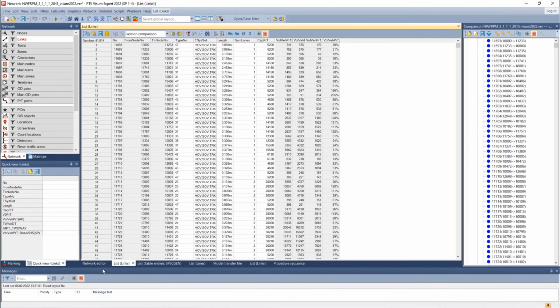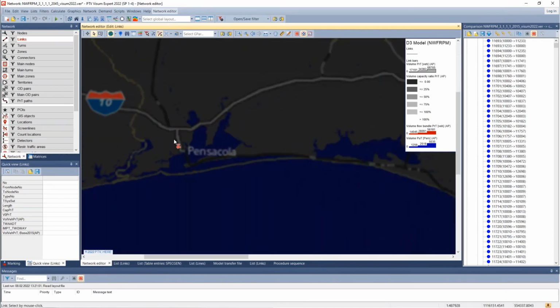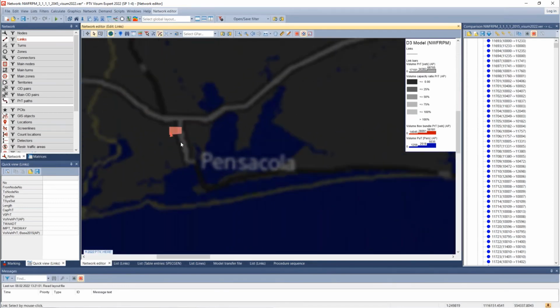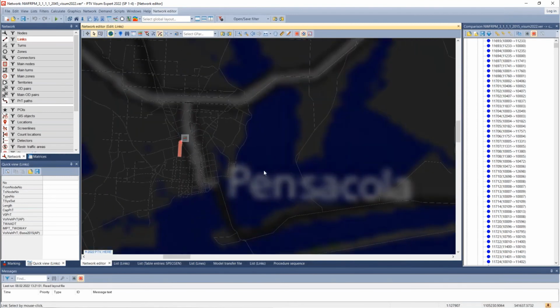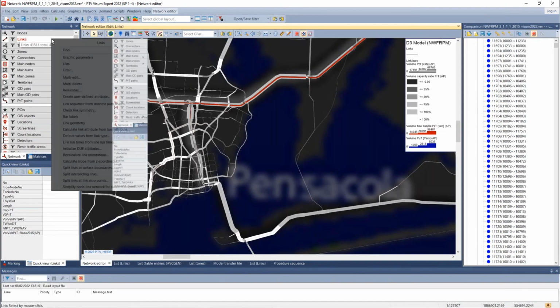All right, now we can take this a step further, and instead of showing the volume PRT, maybe what we do is we want to show where the volumes have changed. So I'm going to zoom in on the Pensacola region a little bit. And now what I'm going to do is right click on links, and instead